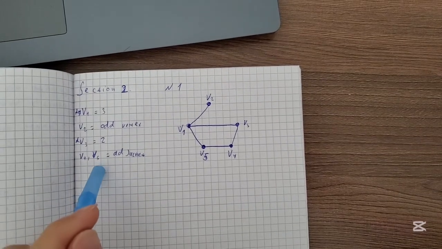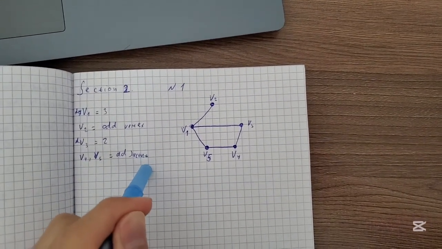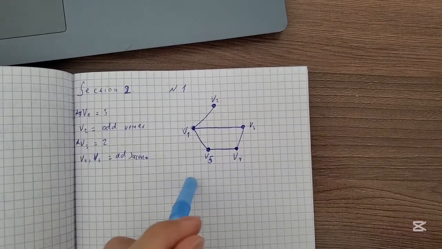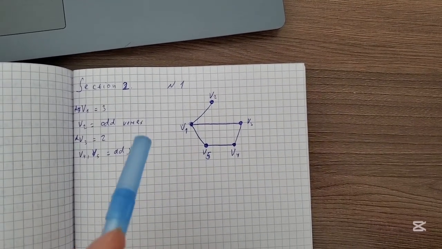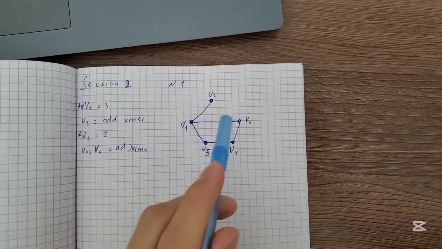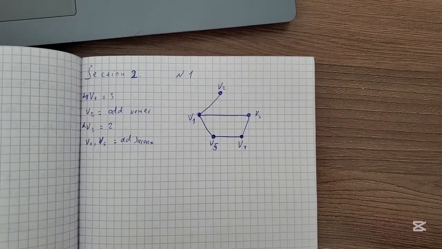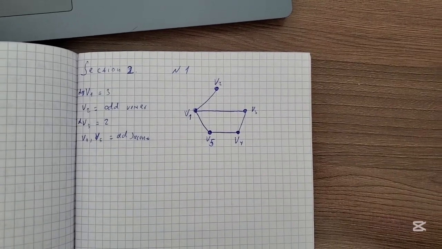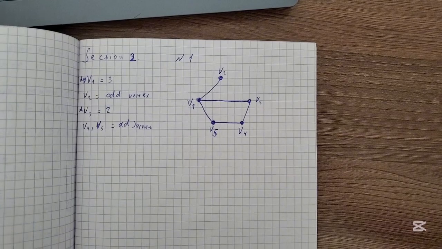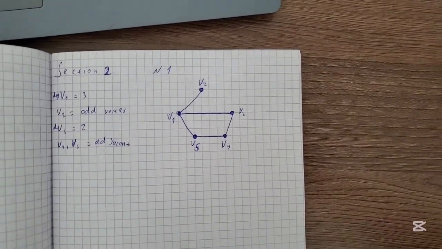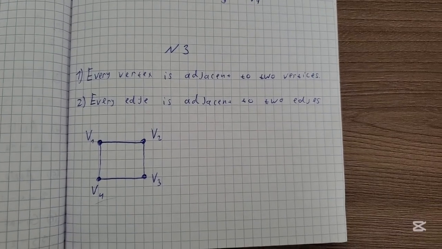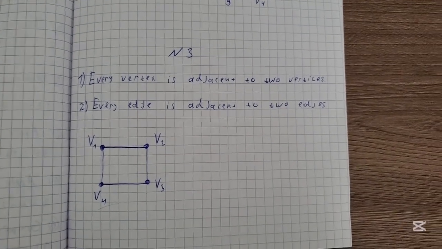Next condition, V4 and V5 have to be adjacent, so they are already adjacent because they are connected by an edge. And also the last condition, that V2 is an odd vertex, we can see that there is only one edge, 1 is an odd number, so all the conditions are met and satisfied, and this is the final graph. Section 2, exercise 3, we have to draw a graph by the following conditions, that every